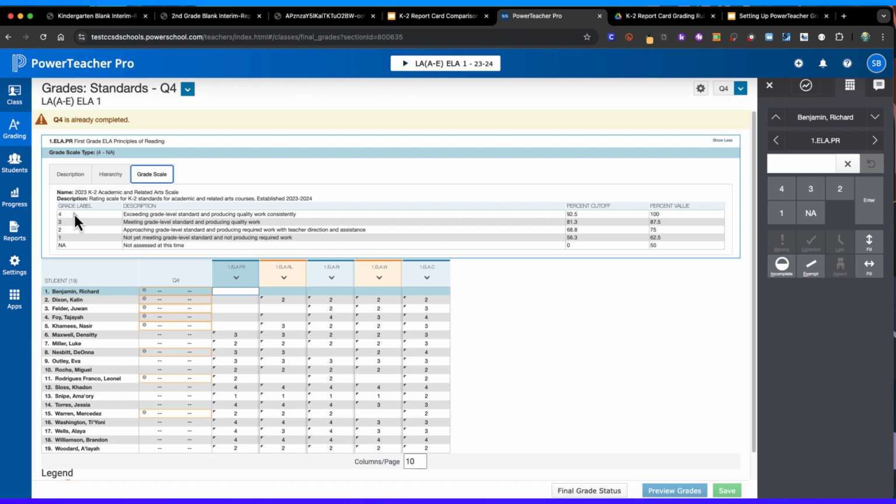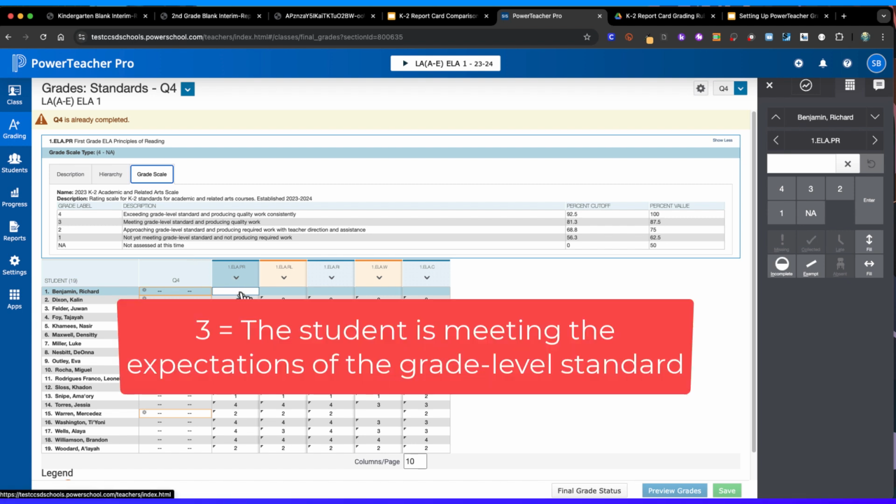Only a grade label of 4, 3, 2, 1, or NA. So again, based on the quarter you are in, give a student a grade of a 4, 3, 2, 1, or NA. District expectation is that 3 is meeting expectations, 4 is exceeding, 2 is approaching, and 1 is not